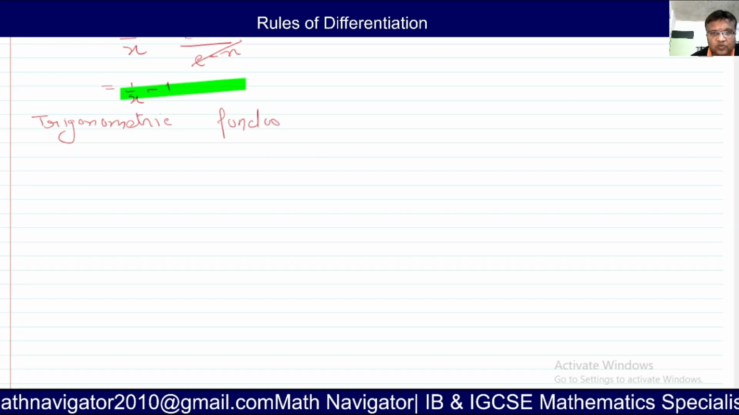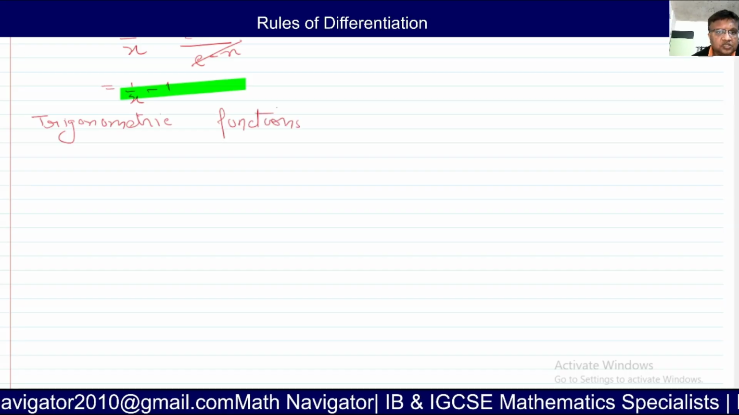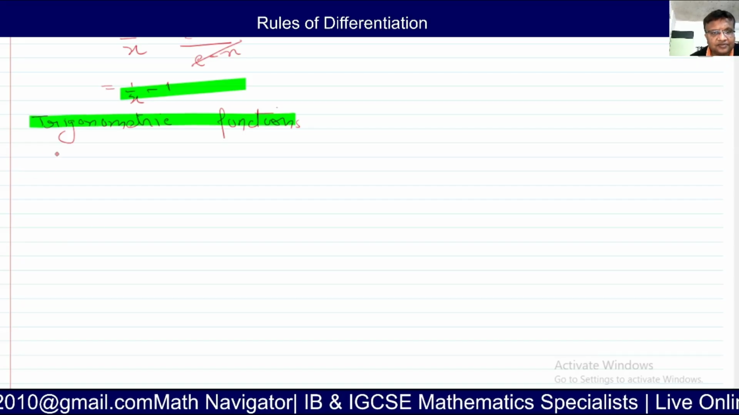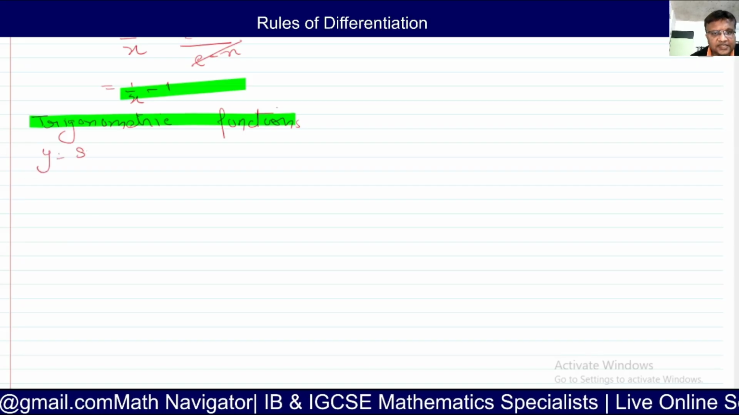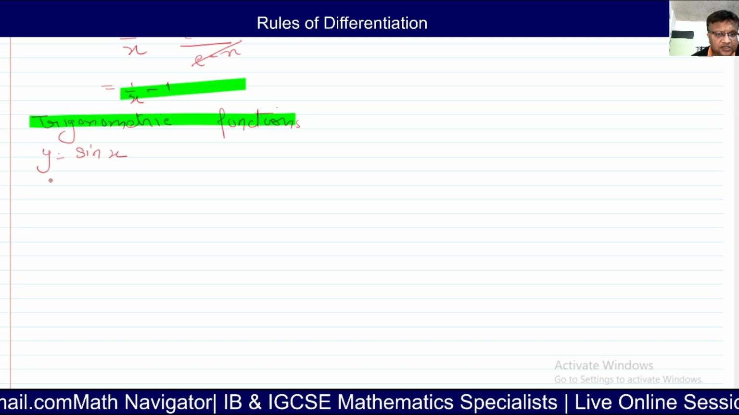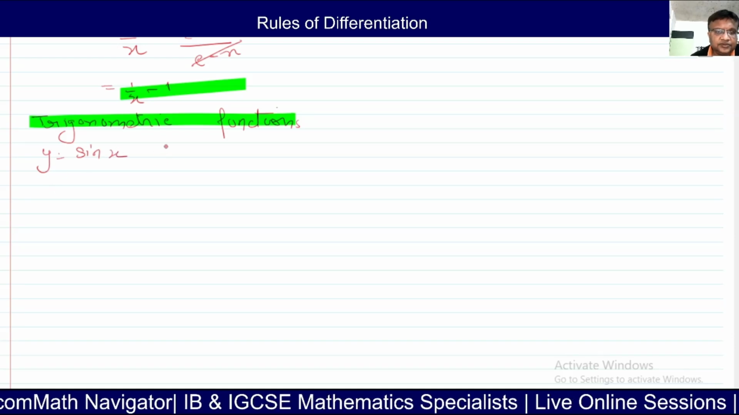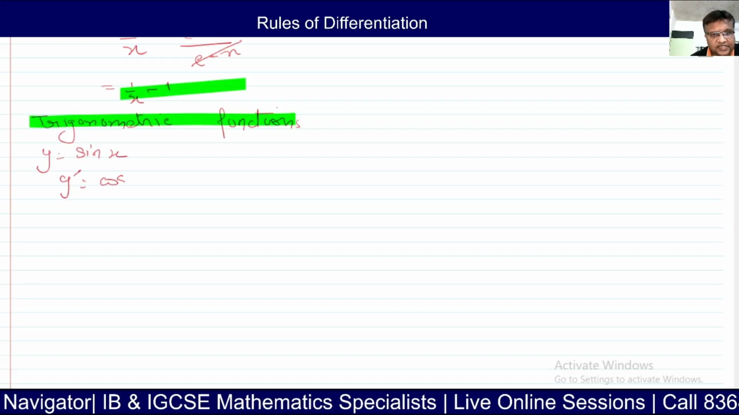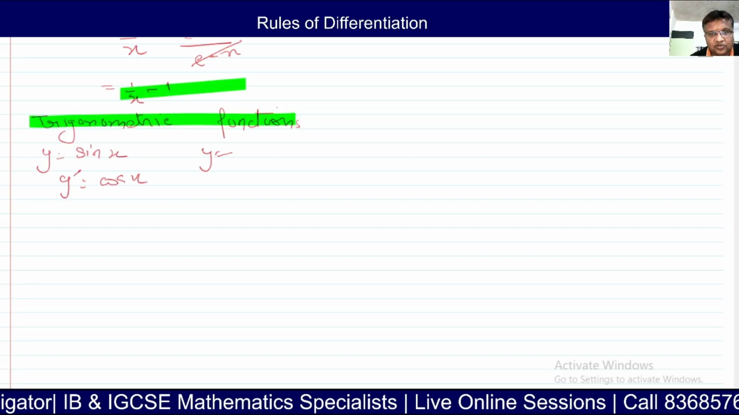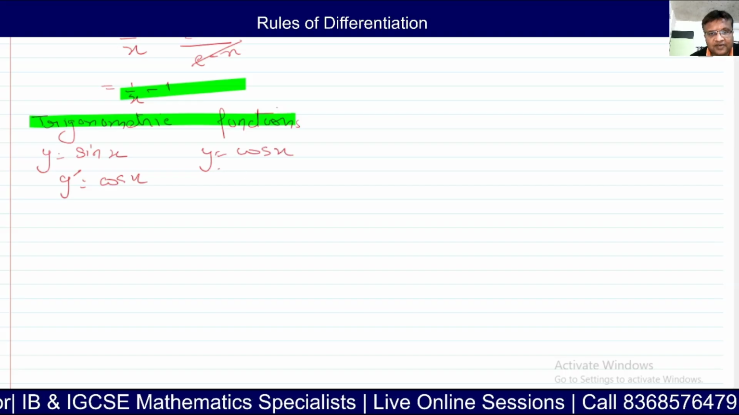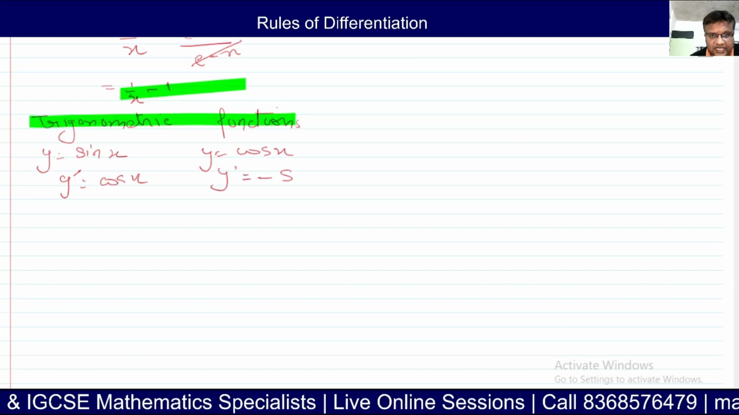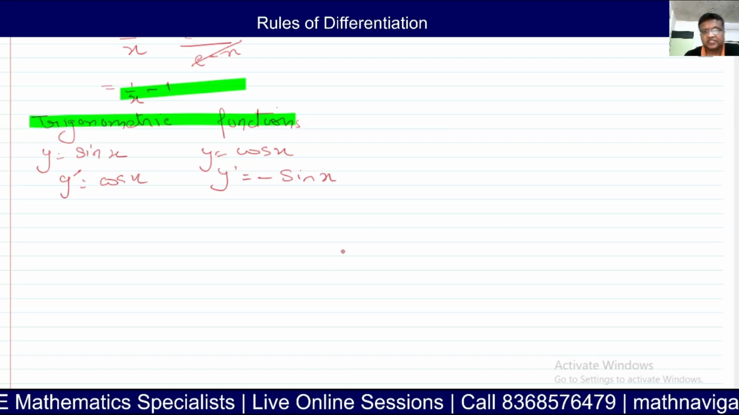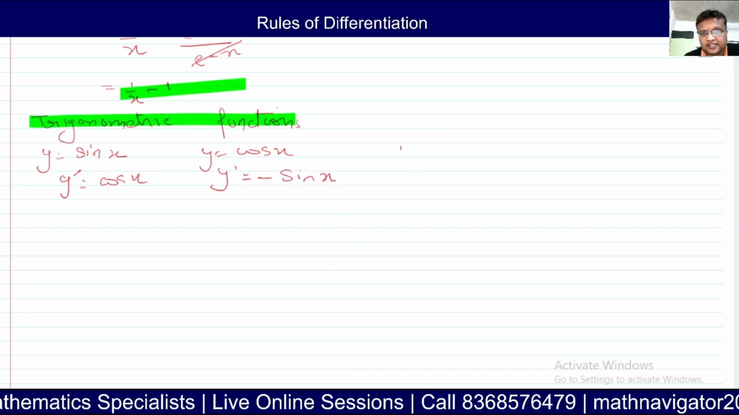So I'll explain once how trigonometric functions work. See, basically you have y is equal to sin x, then the derivative of y is equal to cos x. And if y is equal to cos x, the derivative is equal to negative sin x. Is this clear? Right. Now we have other trigonometric functions as well, like tan x,